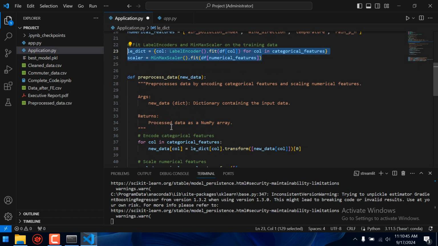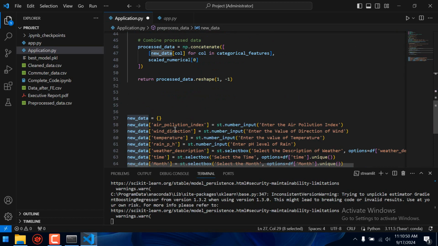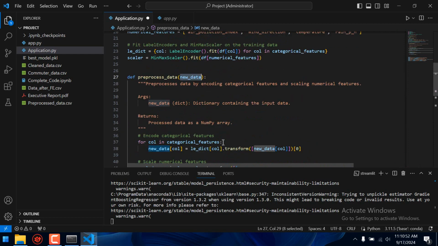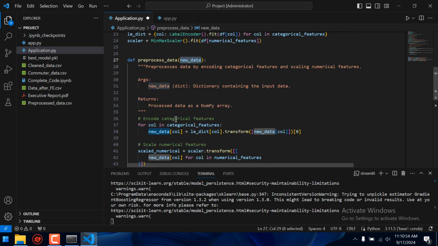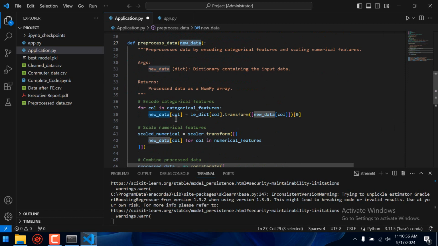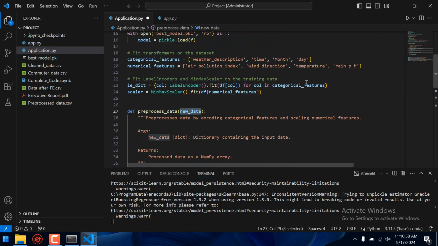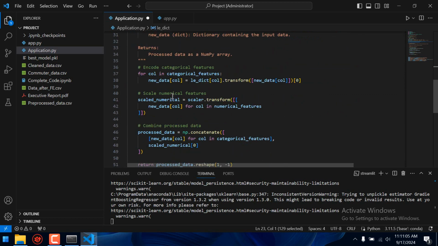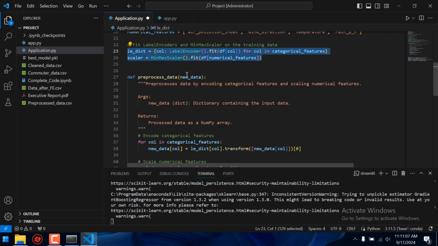Now this function will actually take the new data. If you skip this line, it will also be okay, but I recommend you do this.